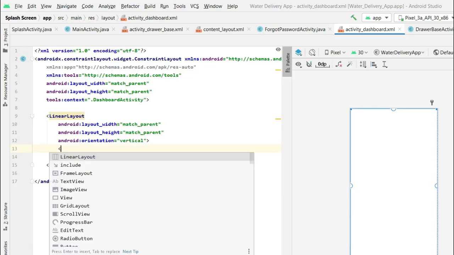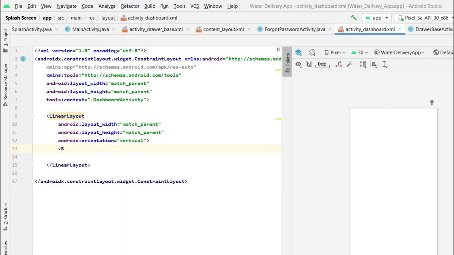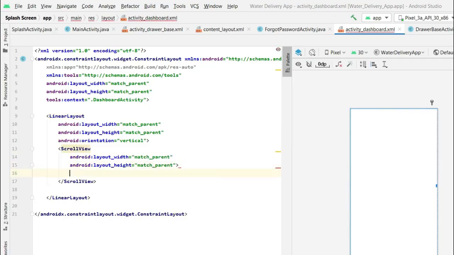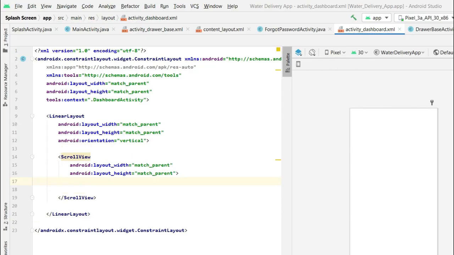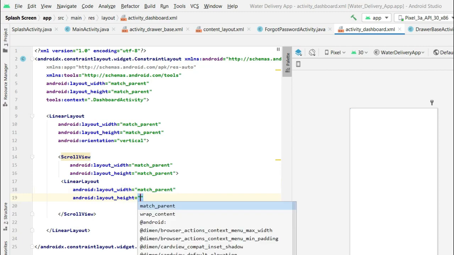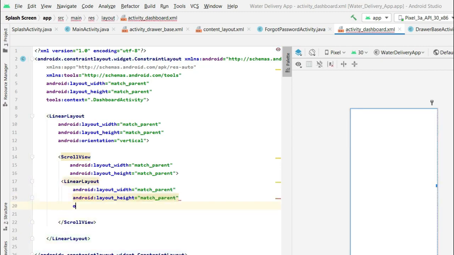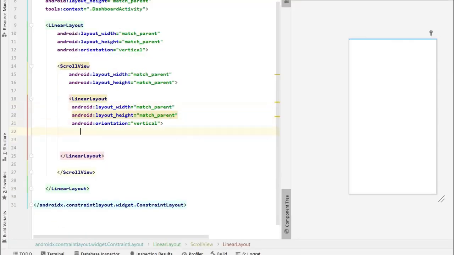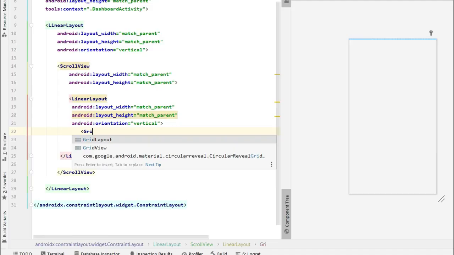And here we will have to add a scroll view, so that if the screen is shorter, you can scroll down to see all our items in our dashboard or all our items in our grid layout. It is the best practice to add a linear layout in the scroll layout as its child layout, and its orientation will also be vertical. Now let's make a grid layout in it,